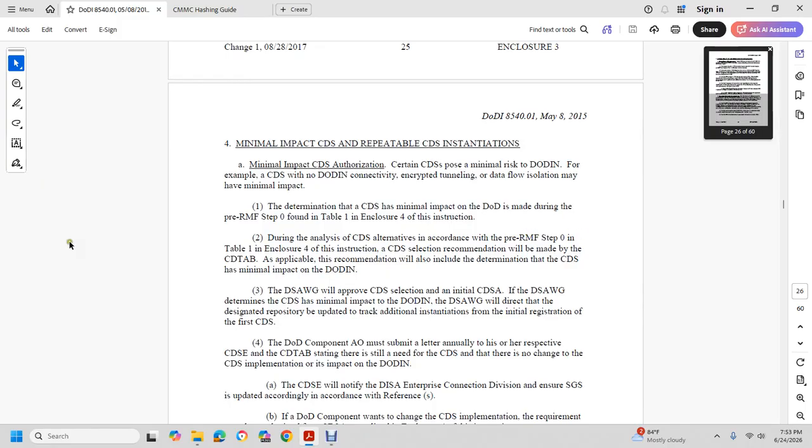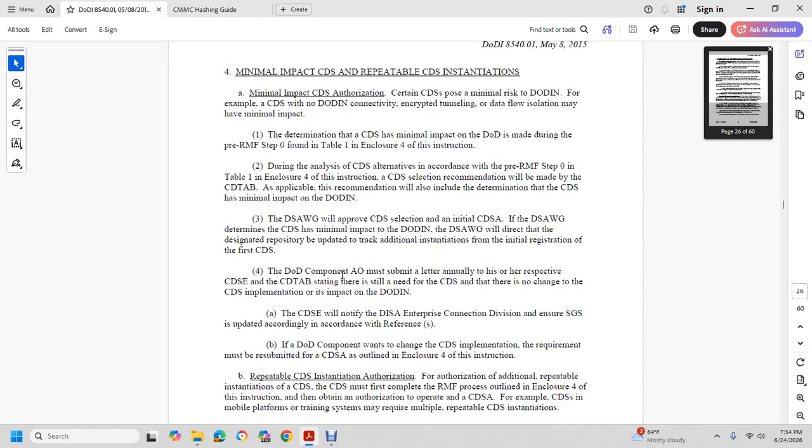Risk Management Framework Step 0, Table 1, Enclosure 4 Introduction: Cross-Domain Solution Select, recommendation made with the Cross-Domain tab. Examples of recommendations include the determination of cross-domain solution made with the Department of Defense and Intelligence and the Department of Security Accreditation Work Group, and improve with the cross-domain solution, initial with the Cross-Domain Solution Agency with the Department of Security Accreditation Work Group, determines cross-domain solution has the minimum impact with the Department of Defense Information Network,